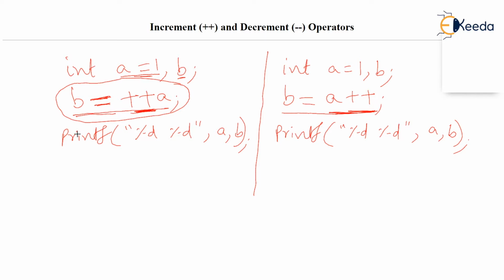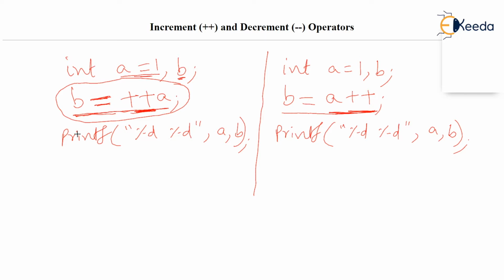Now, how is this expression actually solved by C language? For a C programmer, if you ask anyone how many lines this is, anybody would say this is one single line. Of course, it is one single line. But internally, for C language, it is not one line, it is two lines. What are those two lines?